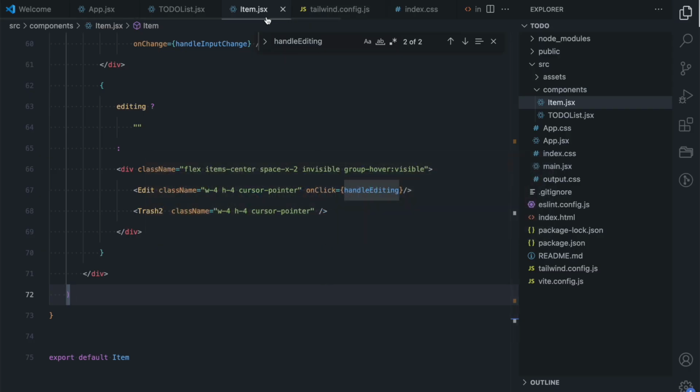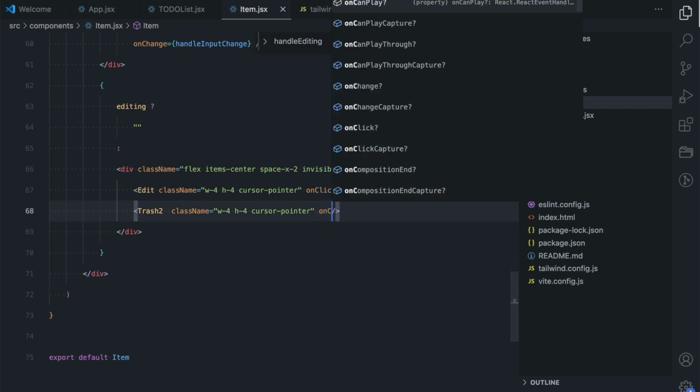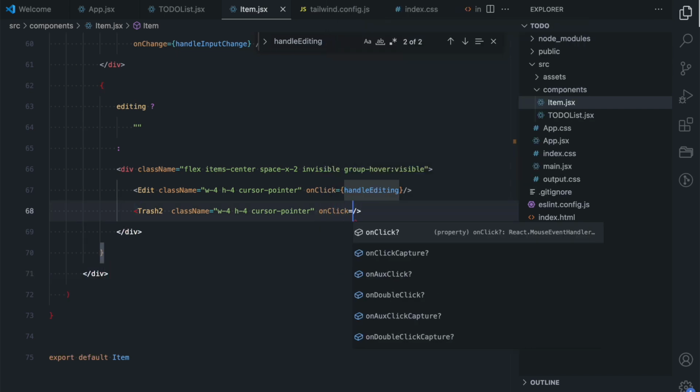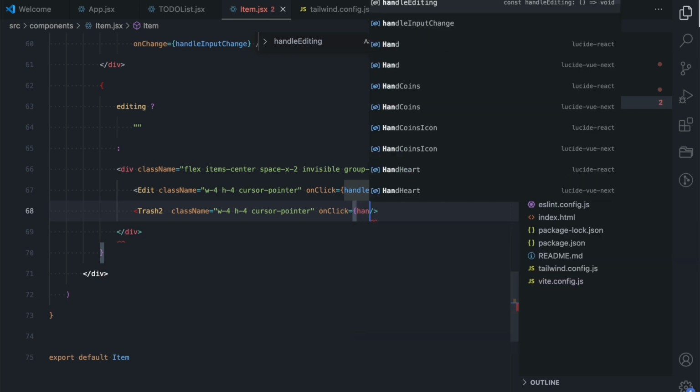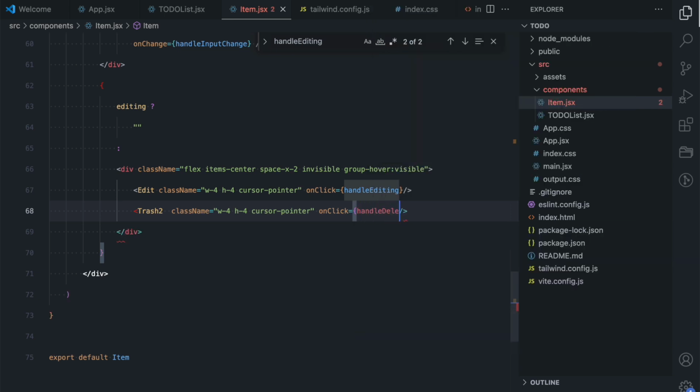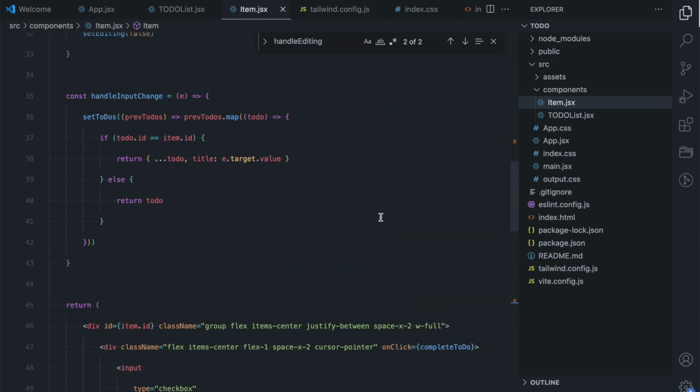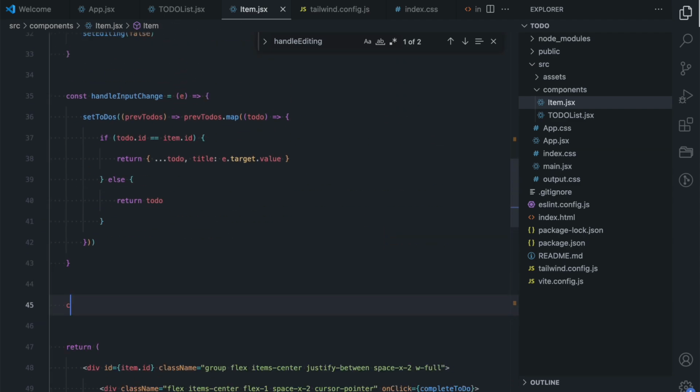I'm in the item.jsx file. Here I'm going to add an on-click event when the delete icon gets clicked. I'm going to call this function handle delete. So on my trash icon, which is my icon for delete, I added an on click event which calls a function handle delete. I am going to define that function here, handle delete,